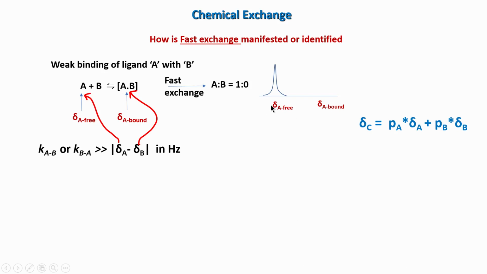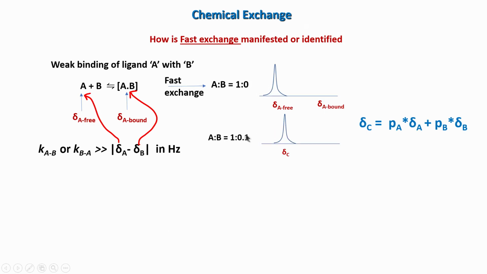So, remember it does not matter whether I consider A or B, I just have to consider one species and I have to consider the chemical shift of that in the bound form. So, I can consider A as a ligand molecule or I can consider A as a protein molecule and B becomes a ligand. For the time being, let us say that A is the ligand, which we saw in the slow exchange also. So, then there is no protein added. So, it is 0, the bound form is not present.